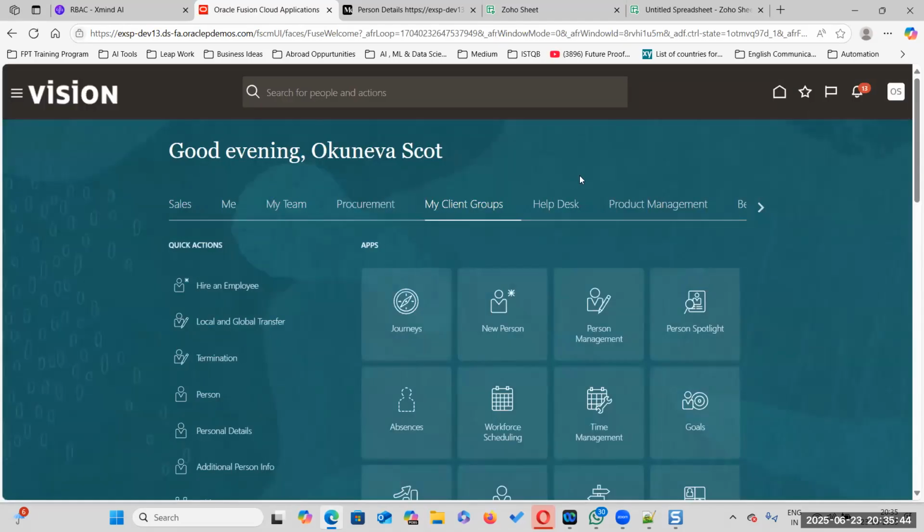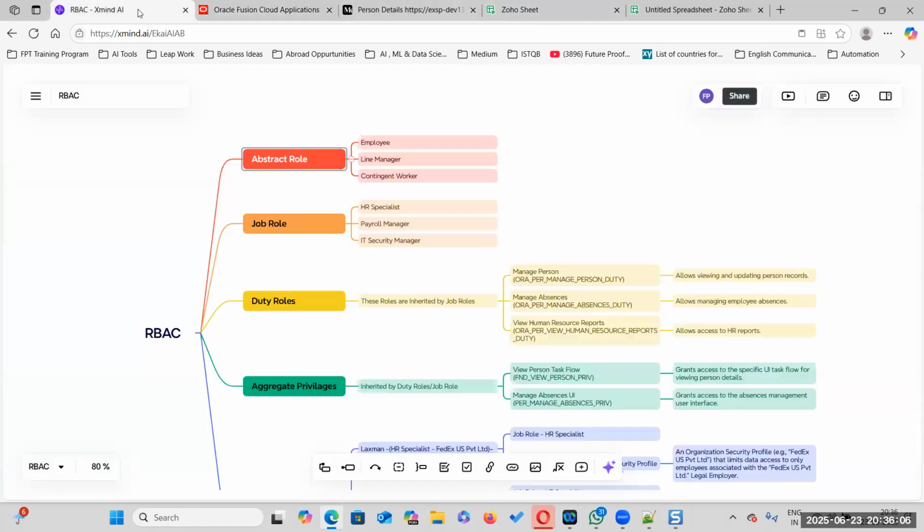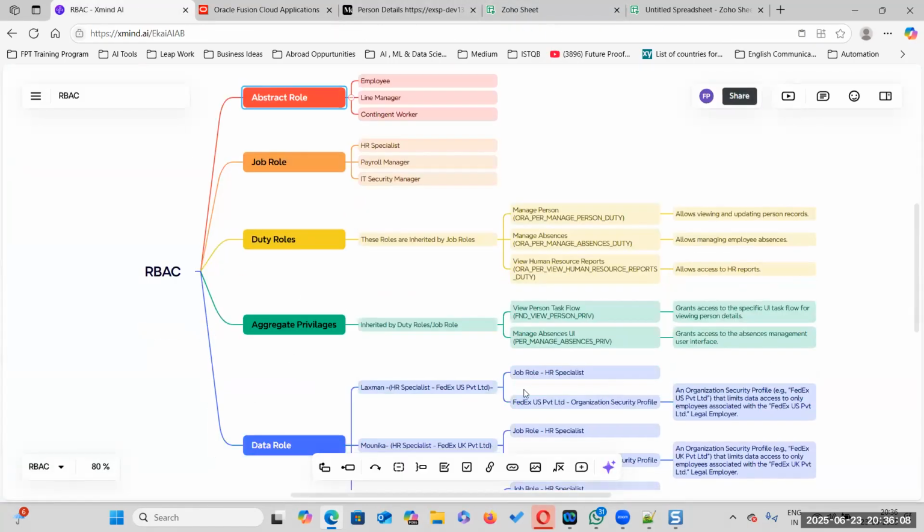Now what I have to add? Which role I want to add? Now I want to see organization security profile. I want to create the data role. In order to create the data role, what is the basic thing you have to have as an employee? Data role is a customized role, right? In order to create the data role, what job role do you need to have?